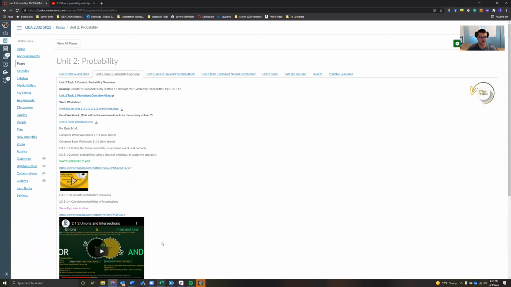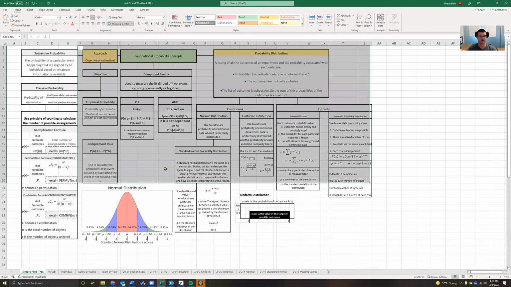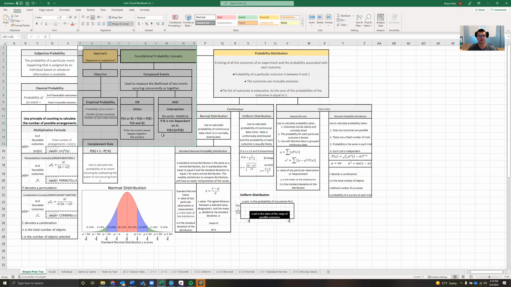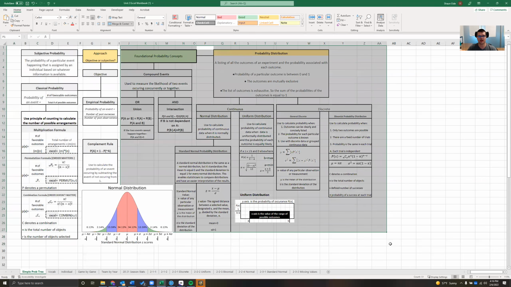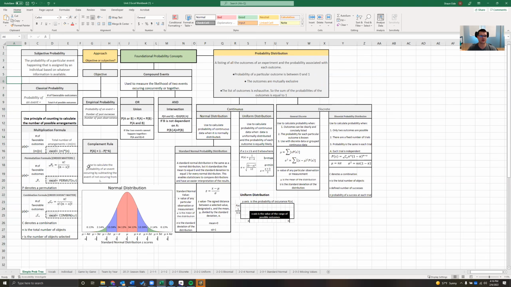Next, let's see here. We're going to pull up the Excel. So if you download the Unit 2 Excel workbook, the way that I have it set up is there is a decision tree. Some people like this, some people don't, but this right here is basically what we're going over in the first part of the unit. This is what we're going over in the second part of the unit. And then this is what we're going over in the third part of the unit, which is the different types of probability distributions. And so this is a nice little decision tree that says, okay, based on what information you have,